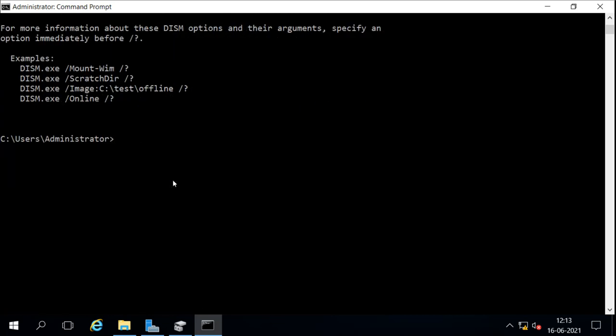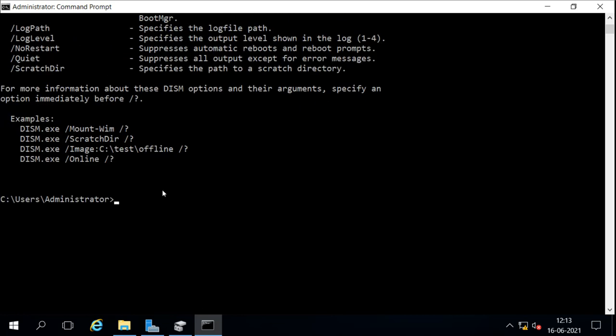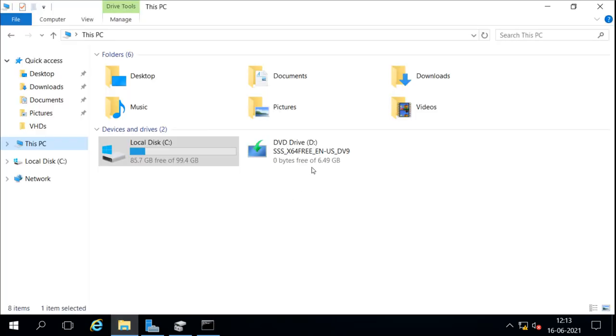Now I want to install the operating system into that virtual disk. First we have to decide what operating system we want to install. Whatever operating system we want to install, we will put the installation DVD into our physical drive.